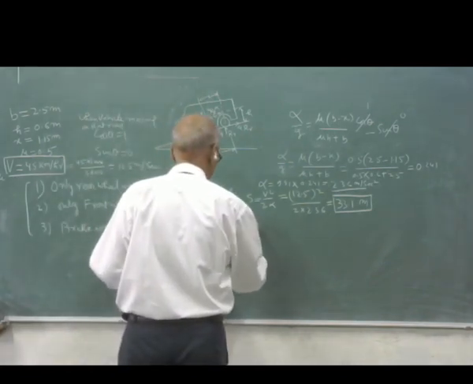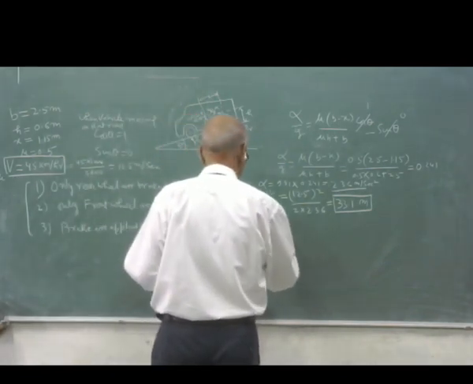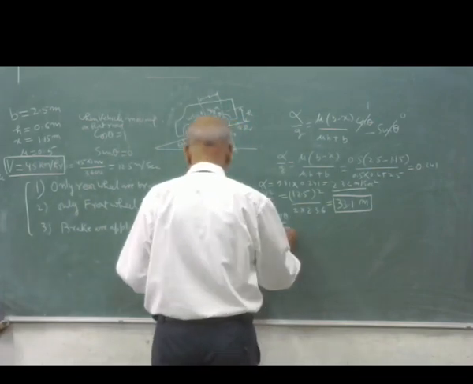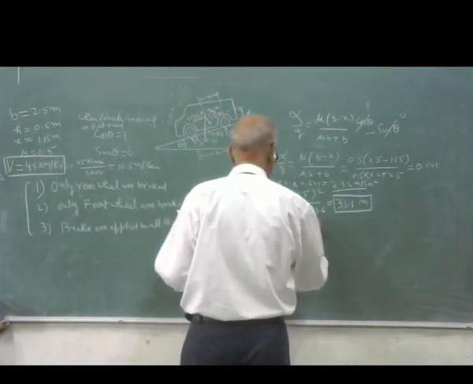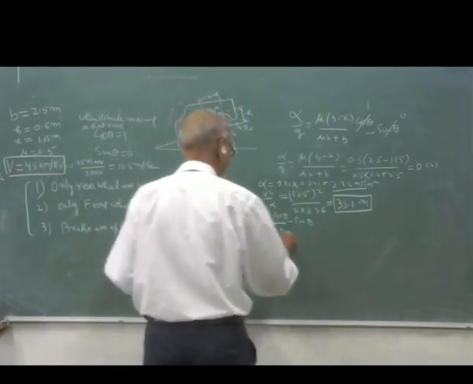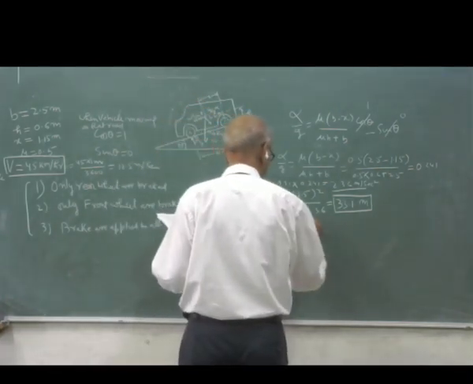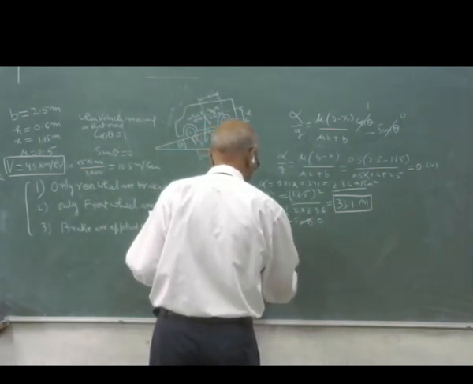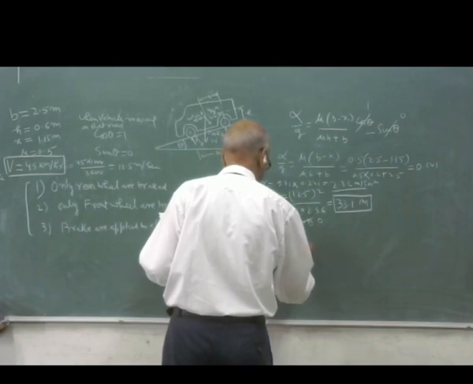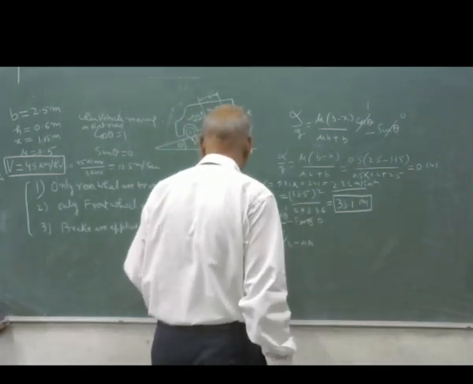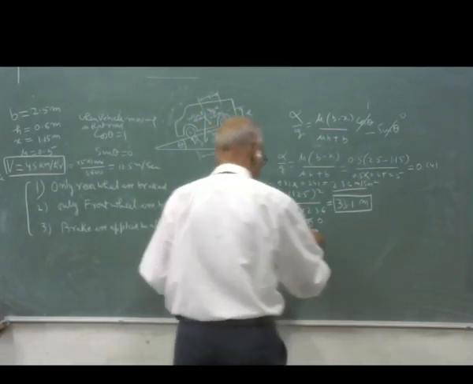Alpha by g will be equal to mu x cos theta divided by b minus mu h minus sin theta. Okay, same thing. So we will get here, this is 1, this is 0. So alpha by g can be written as mu x divided by b minus mu h. Okay, so putting the values